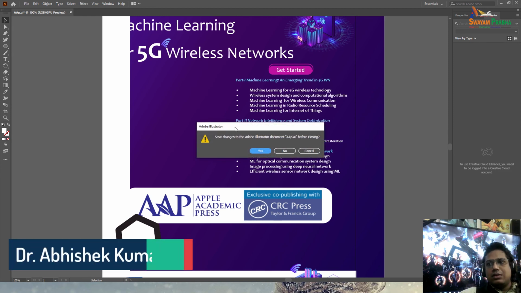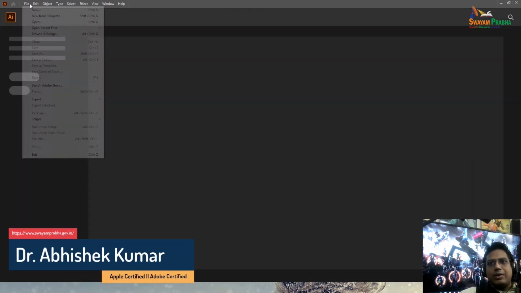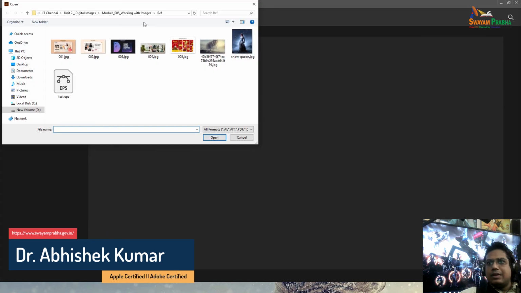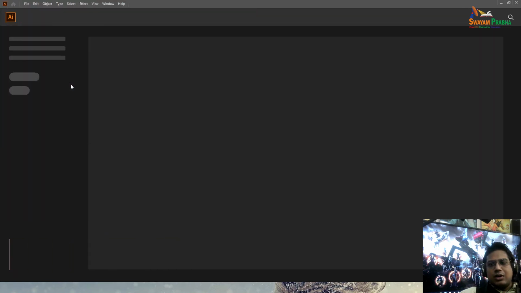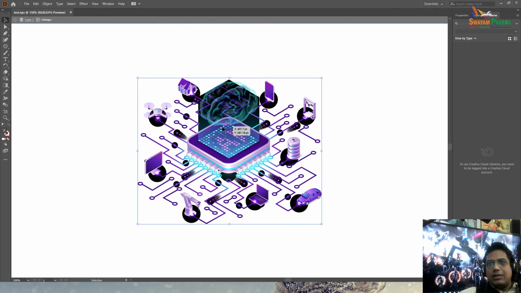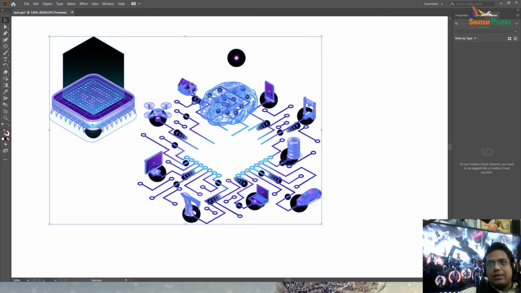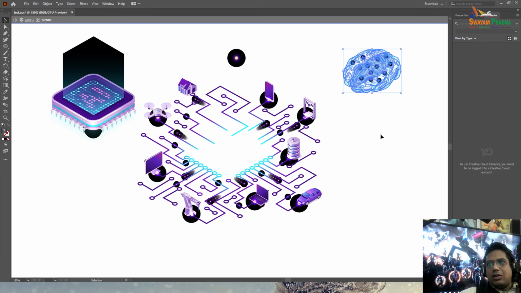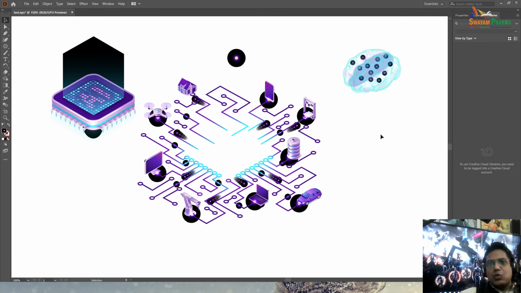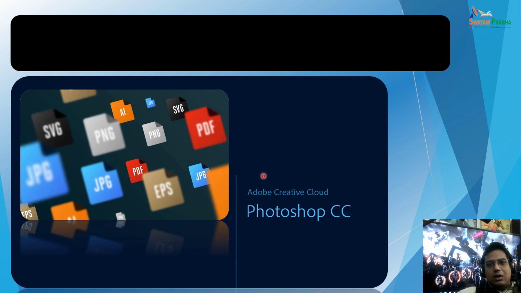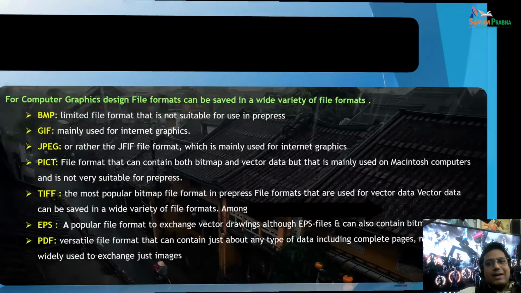Now what I'm doing here, I'm opening this file, test.eps. Now you can still check that all the information has been preserved. So we can even work individually on all the data. So this is the power of the Encapsulated PostScript format, EPS file format, right? So I hope now things are really very clear to you, when we have to use the EPS file format, and when we have to use PNG, JPEG, GIF, right? So this is about the practical workflow.